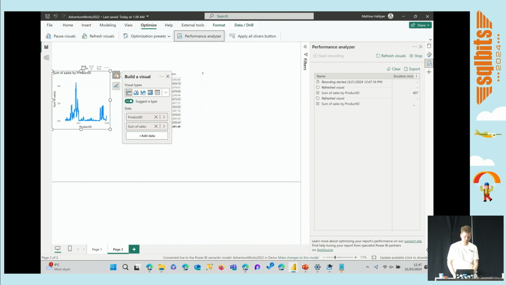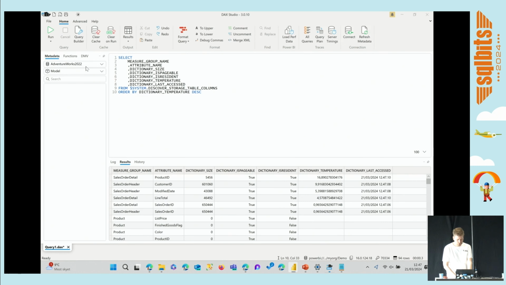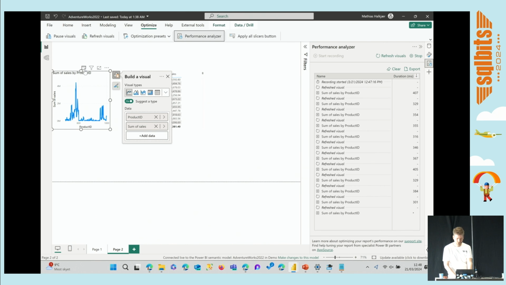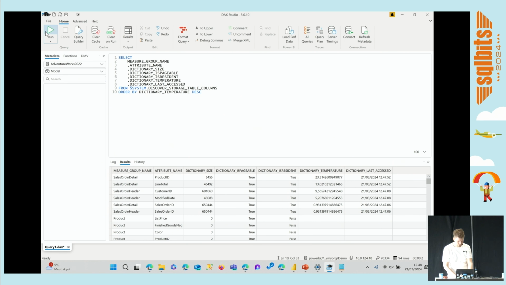There you go. If I keep updating this visual, you should see here that one of the numbers, product ID, will go higher and higher in temperature. So before it was 23, and now it's 27. And as you'll see here for the rest of them, actually if I don't do anything, they'll drop in